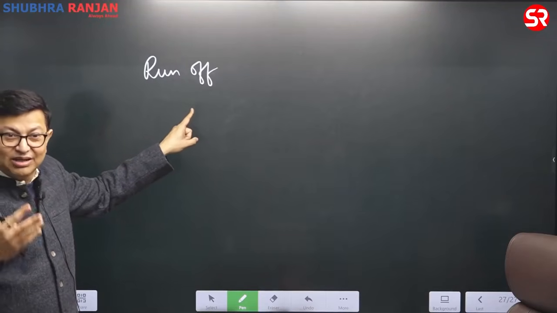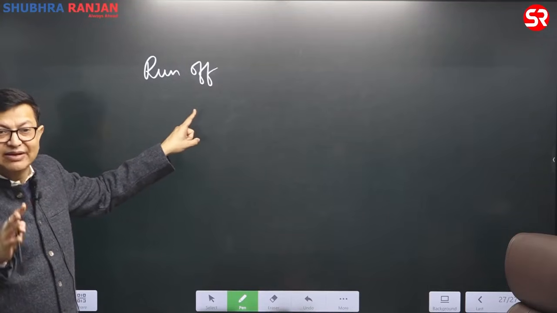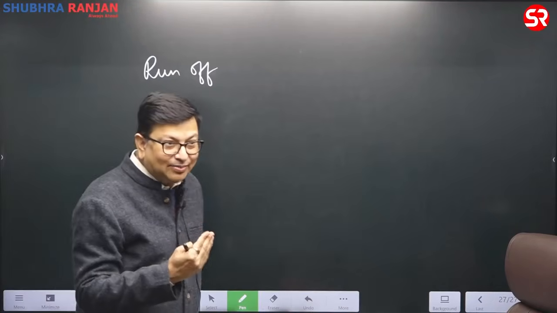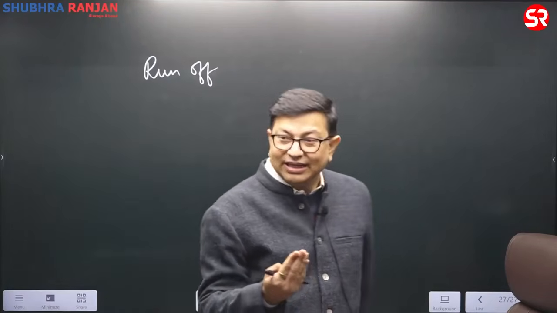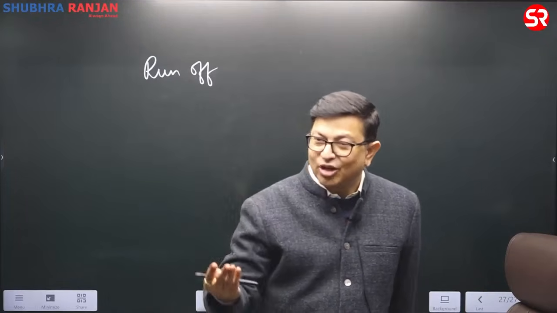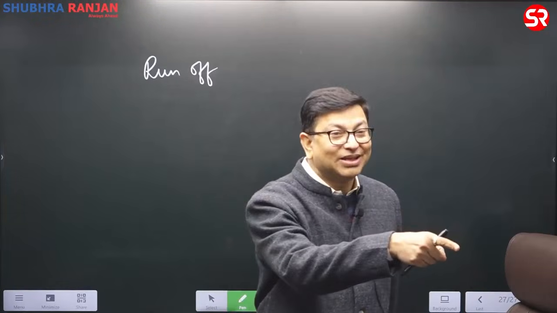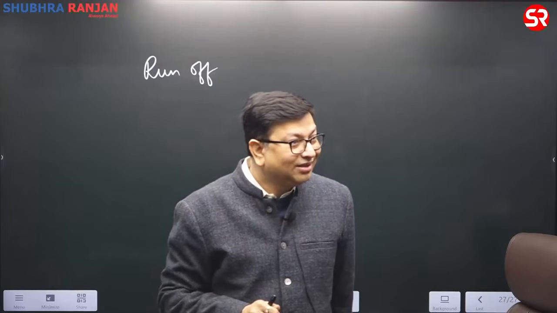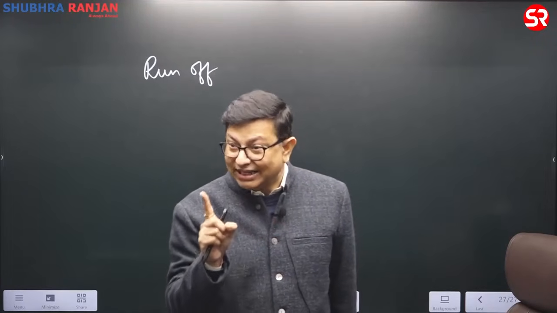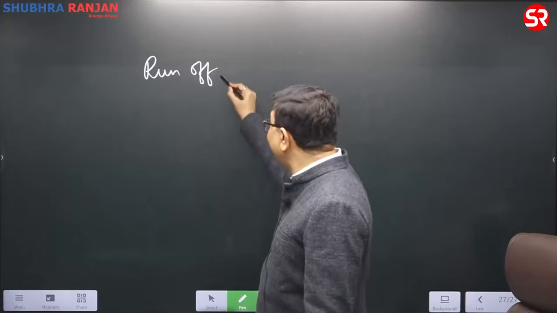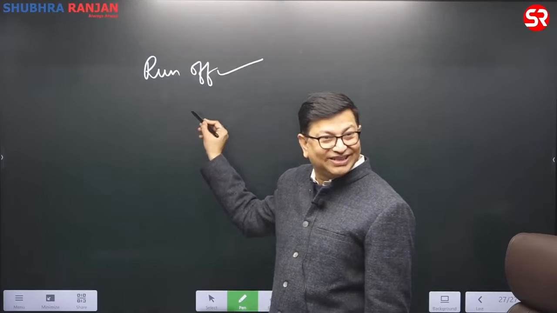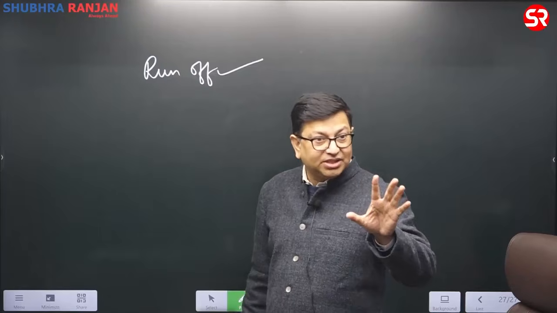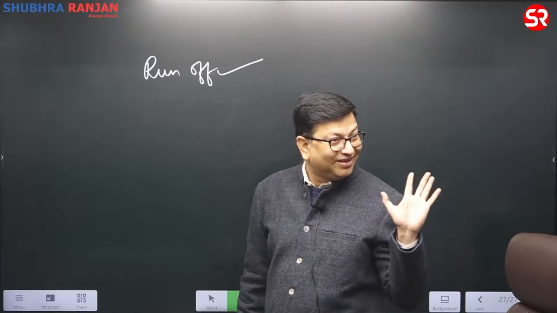You asked, sir, will we have to read everything? UPSC never asks vague questions. So in that year the election for the Indian president had also taken place, the election to elect the American president had also taken place, and the French president's election too. People generally follow the election of the American president. But Macron was elected as the president through runoff. And that is why such types of questions were asked.